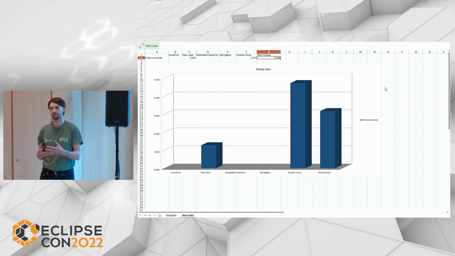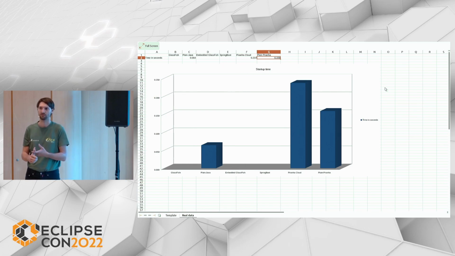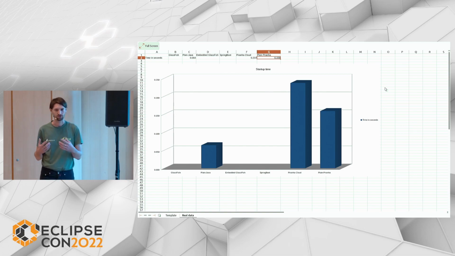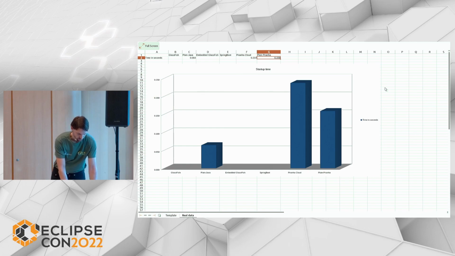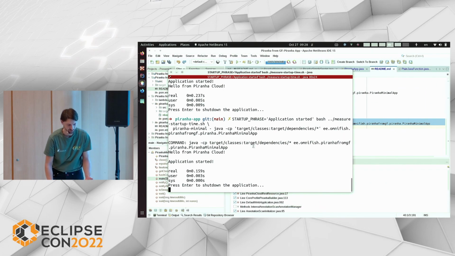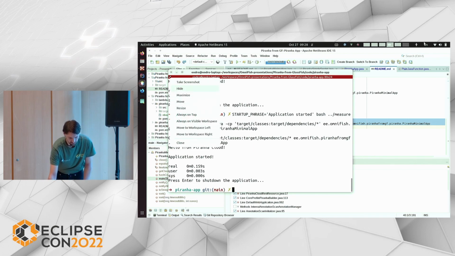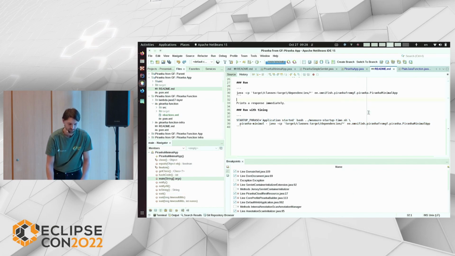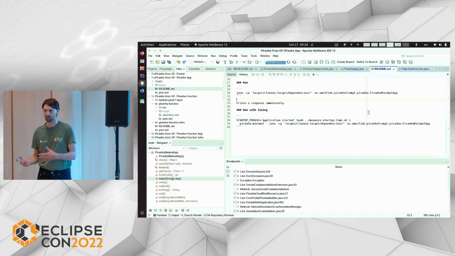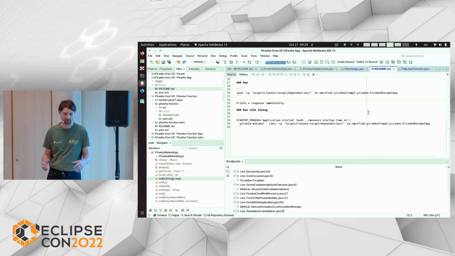The truth is, this application doesn't do much, so it's only servlet, and nowadays most applications are not based on servlet, they are based on some other things, like they need dependency injection, they need REST. So the truth is, Piranha Cloud doesn't optimize these, it just builds on Jersey and Weld. If you want to integrate that, that's quite easy. I have an example here, so we can compare, again, how fast it is in a more realistic scenario when you need to build a REST application.